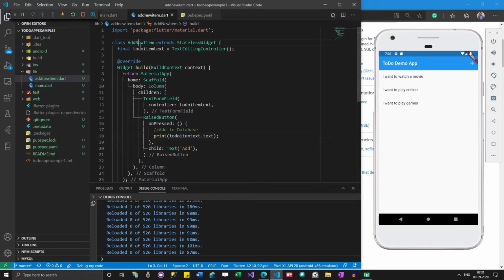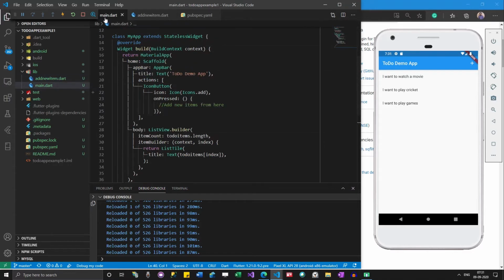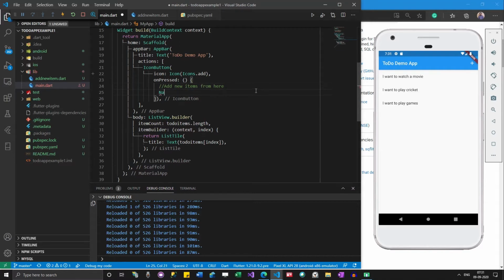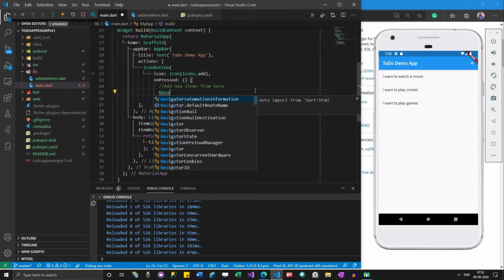Now I need to call this add new item from the main.dart file. So I'm going there, and then I'm going to add navigation to it.